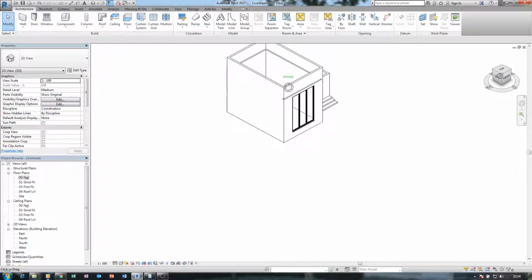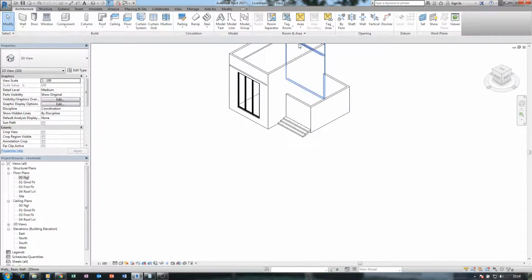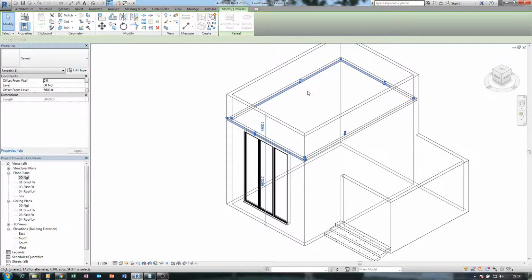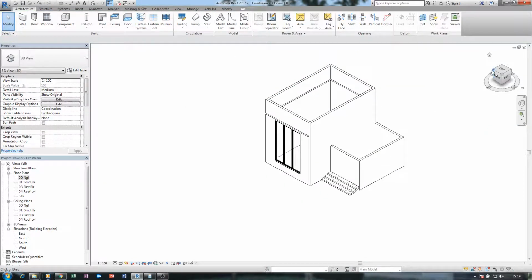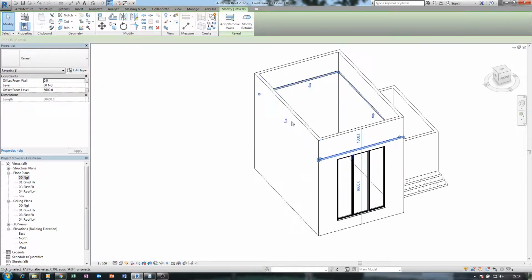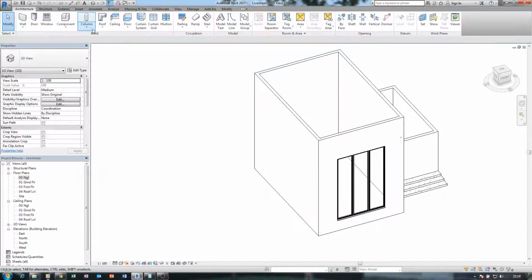Now it seems like something, you can see this is going inside. I don't know why. So I'll flip it, and it's not flipping. Why? I don't know. So delete it and try to create it again from here.